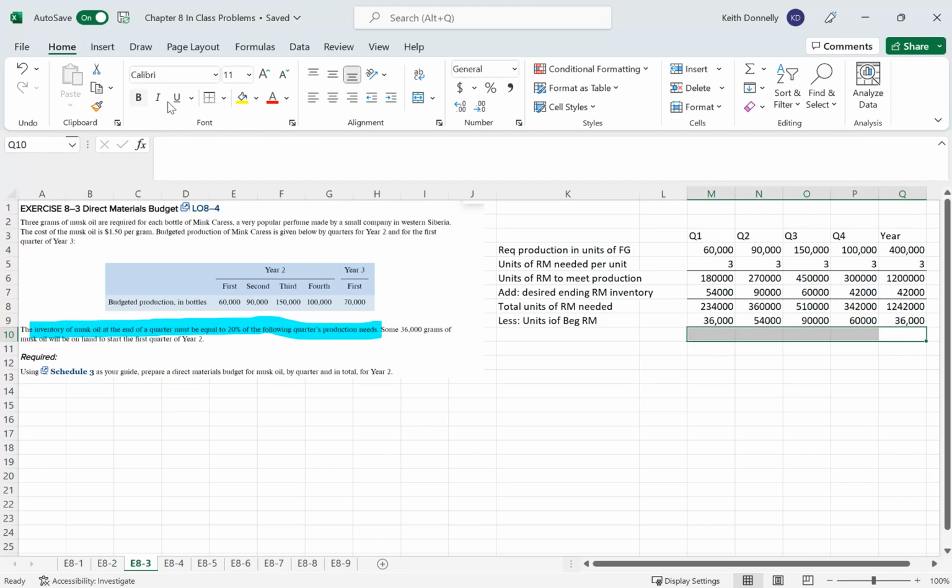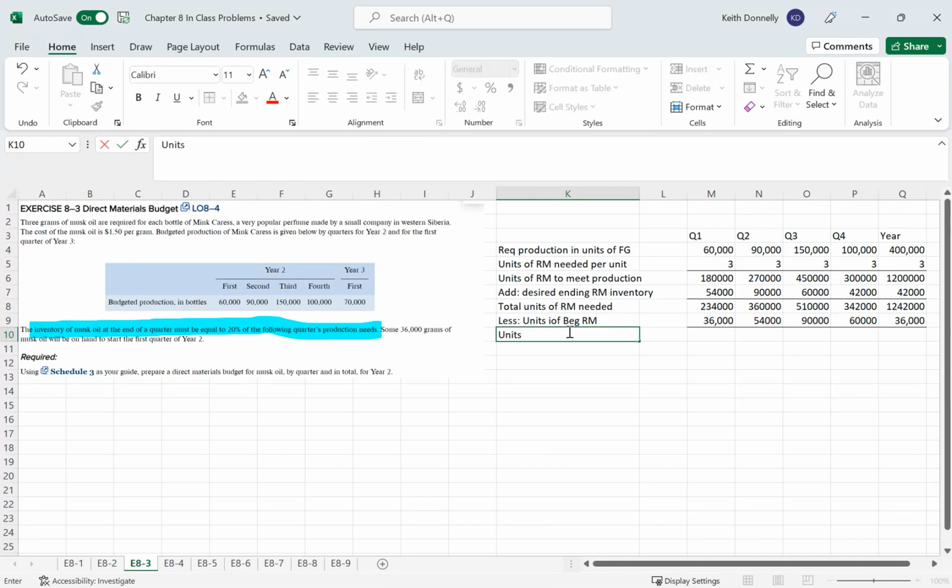So you can see this is a lot of populating numbers. It doesn't really lend itself well to multiple choice questions, in the sense that you can't prepare one of these entire things as a single multiple choice question. So more one-shot type items, a specific area or focus of it. In any event, when we back out those units of beginning raw materials inventory, that's going to give us our units of raw materials that we need to